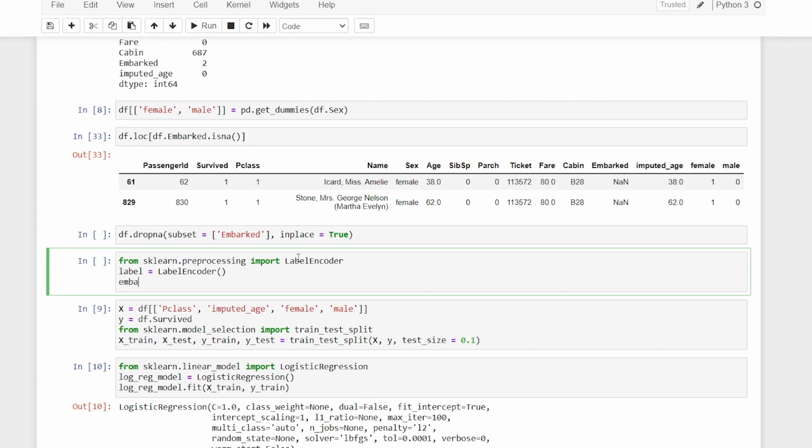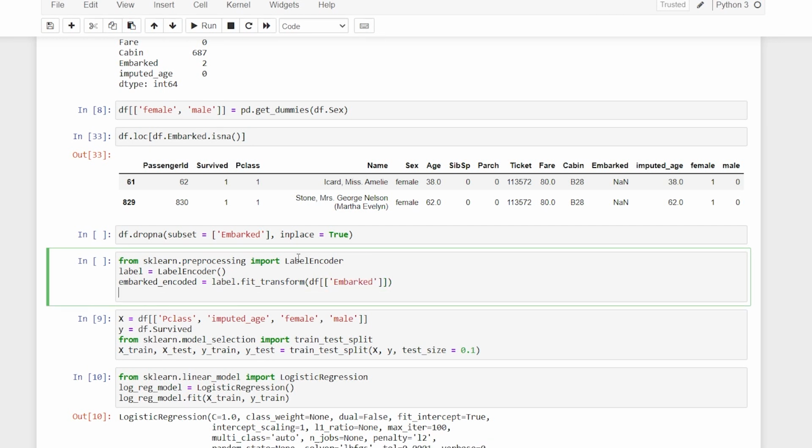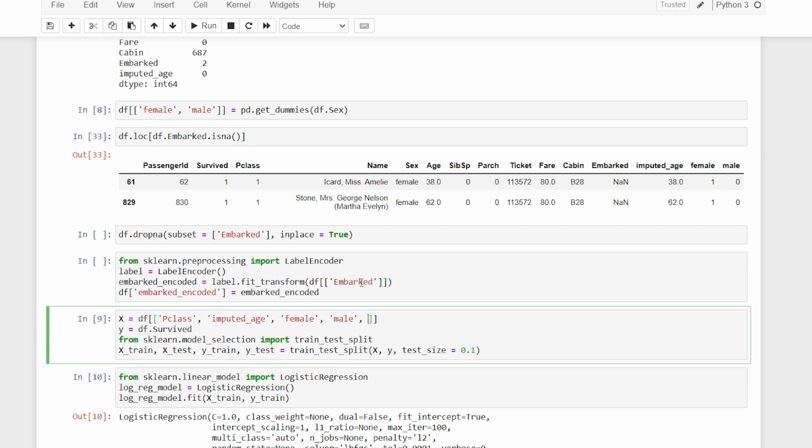So I'll say embarked encoded is equal to label dot fit_transform, and here I can feed it df embarked. Later on I'll just add this. So I'll say df embarked encoded is equal to embarked encoded.